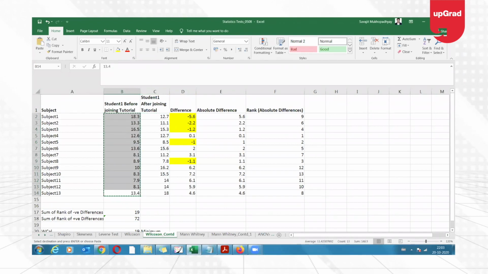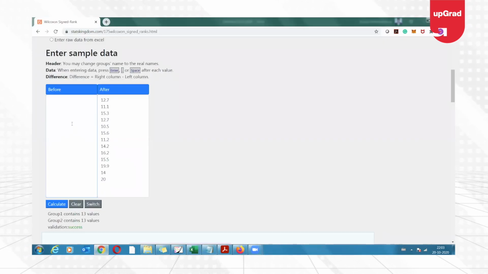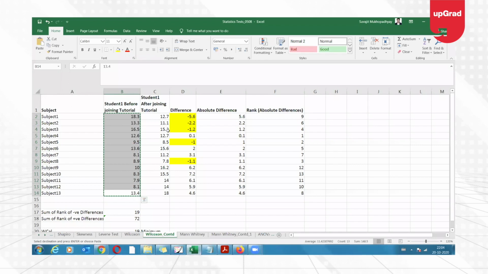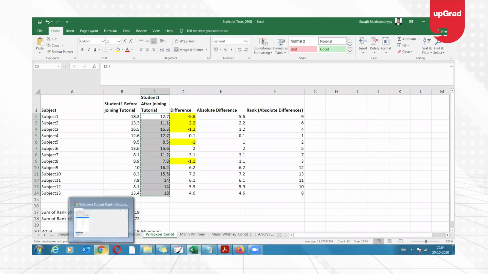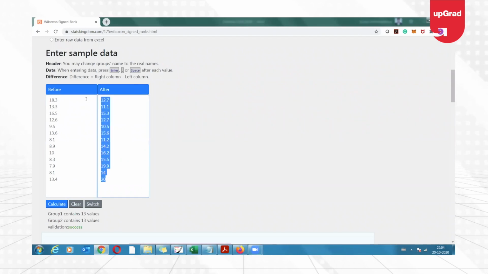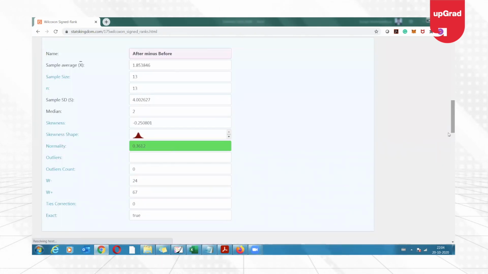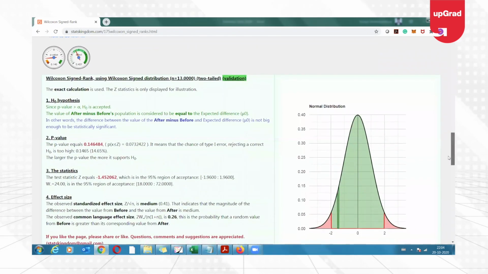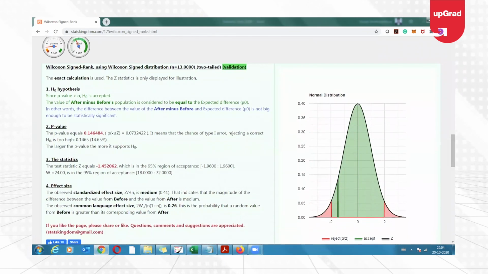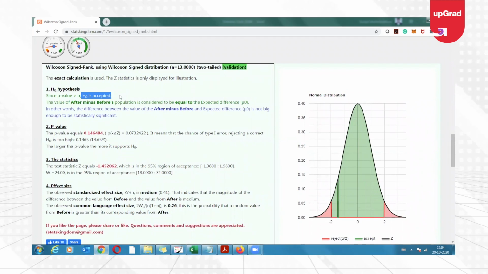So this is before, and this is after. So now let's do the calculation and see what we find. As you can see, H0 is accepted. Why? See the probability,